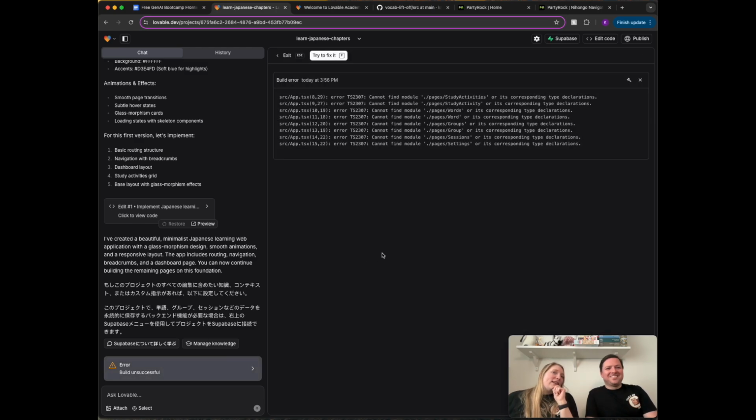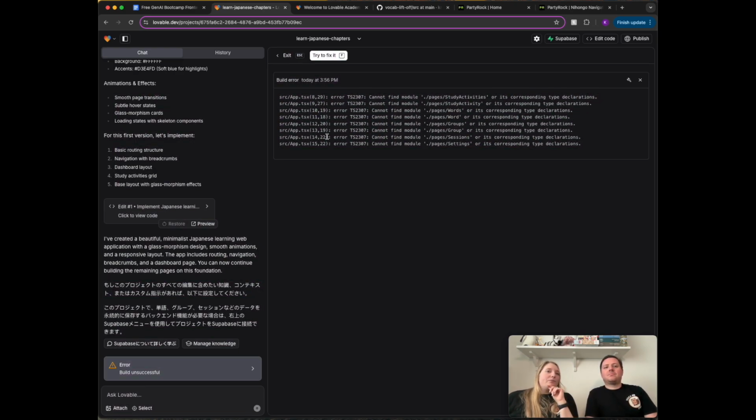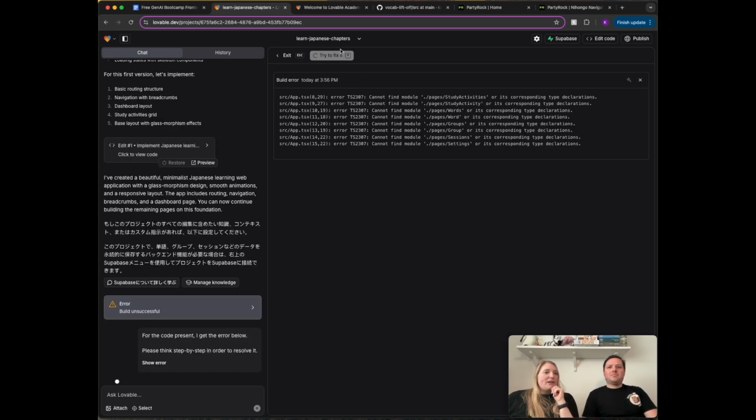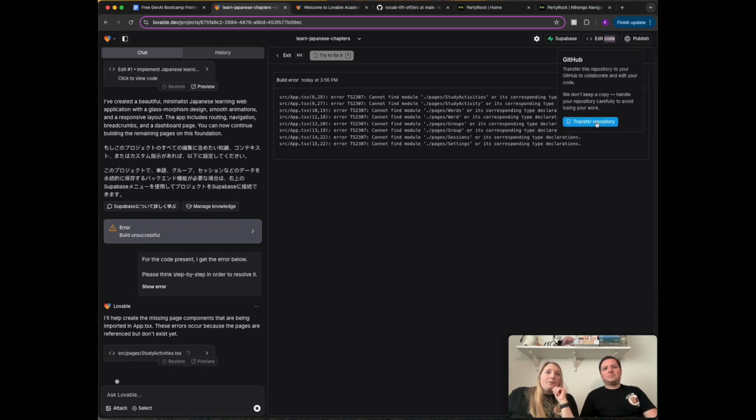So it looks like we still did have an error here. Very similar, it's actually the same error with trying to find the modules with type declarations. I can probably try to fix it again, but I have a feeling it's going to do the same thing as last time. But out of curiosity, I bet if I clicked edit code this time,